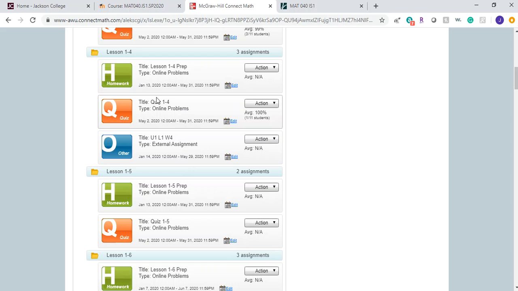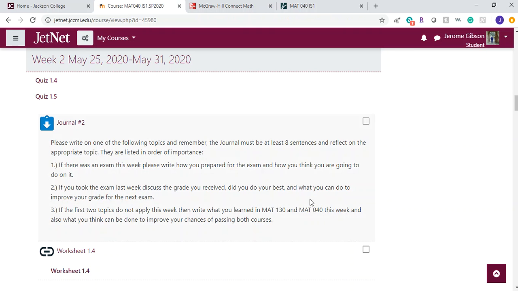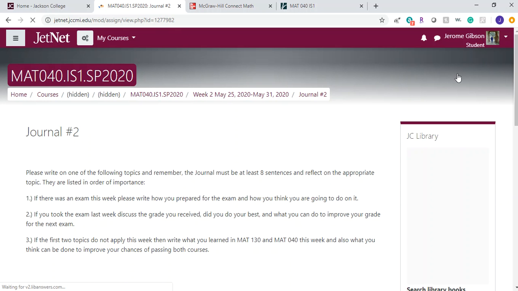Now, basically when you click on the quiz, it takes you here. You have to sign in, go and do your quiz. Now, let's go back here. Okay, the next thing, after you're done with your quizzes, is, in no specific order, you go to your quizzes, then you do your journal assignment. When you click on your journal assignment, what happens here is you go to this page,